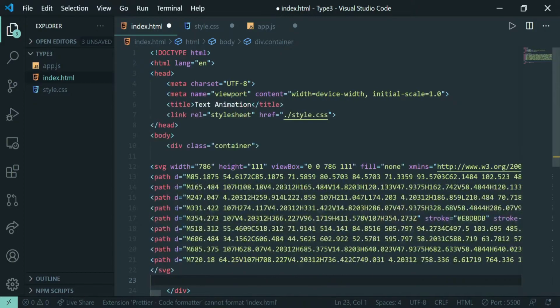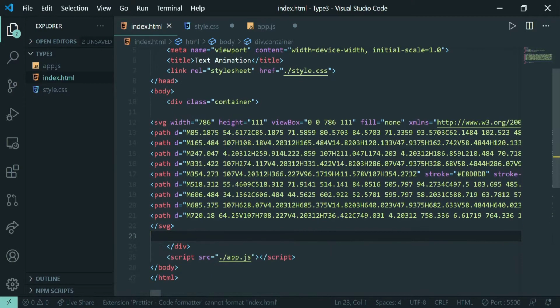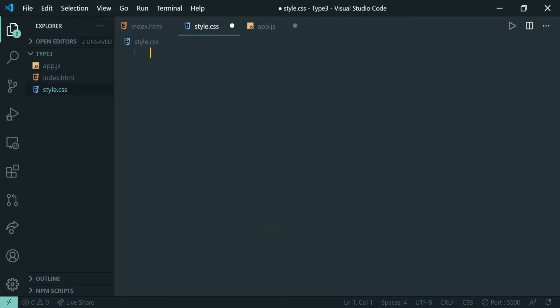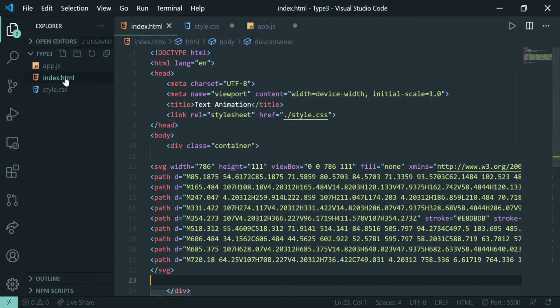So here we have our image that we just created. After doing this, go to your style.css, and first of all let us open this with Live Server. See what we have. So right now we have not taken pure white color so that we can see our text.